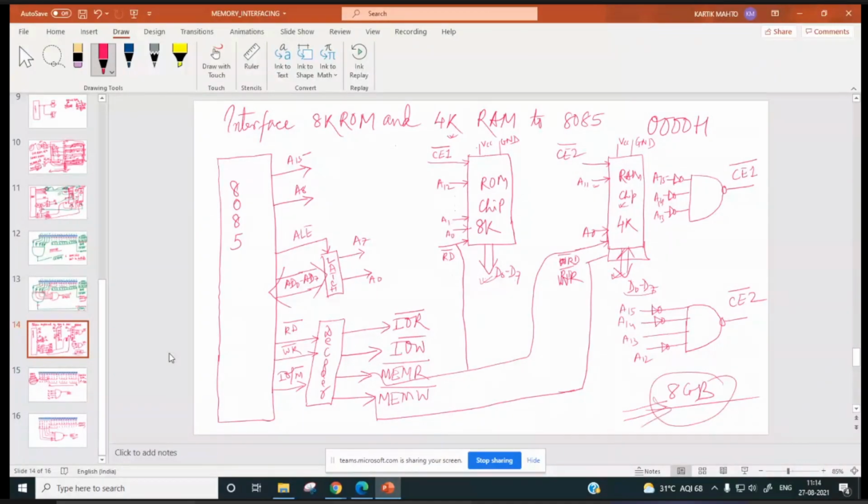You might have noticed. Hello? Yes, sir. So system software is there, an advanced type of memory interfacing is there, because the system software in your laptop or desktop is very, very advanced. It automatically relocates your memory.